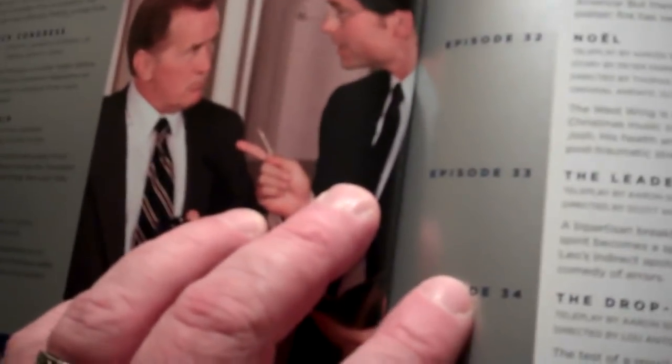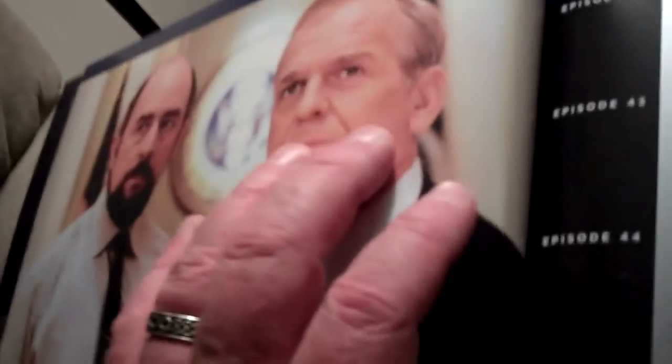Here's some special features on the first disc. Talking about the West Wing suite, some beautiful music that will go along with that. Capitol Beat, the politics behind West Wing, the inauguration. Really just a great, this is really a great booklet that goes with this. Sam Seaborn, character played by Rob Lowe, and Martin Sheen, Josiah Bartlett. Jeb Bartlett, as he's known. Really sad that the Leo McGarry character,